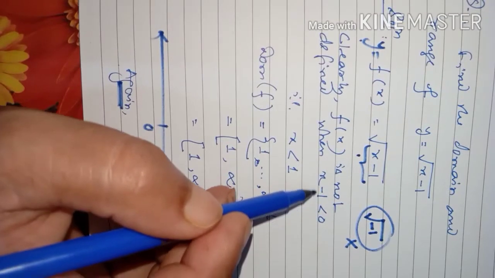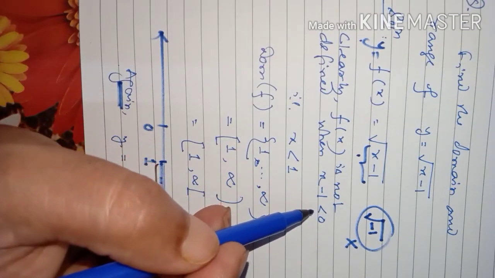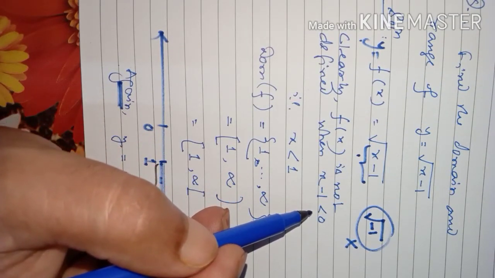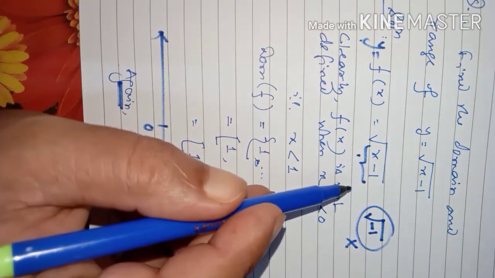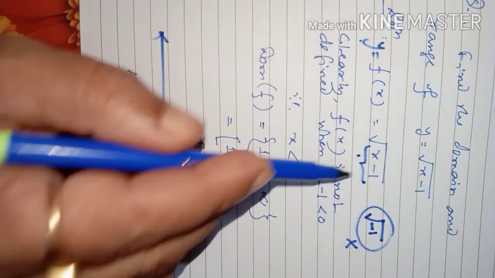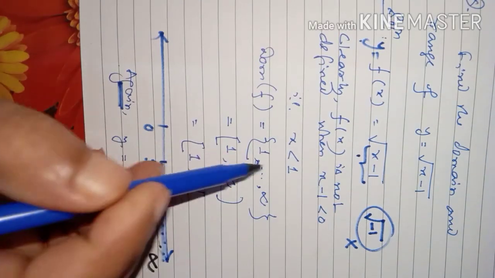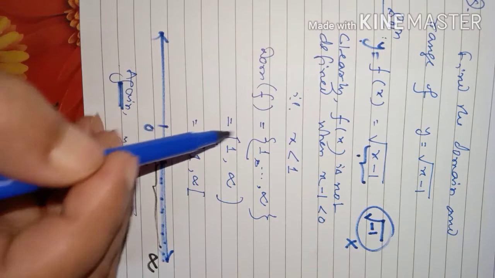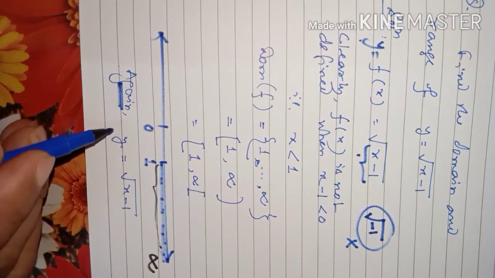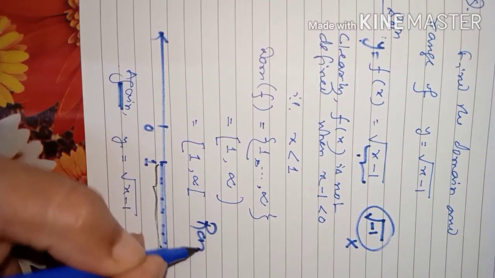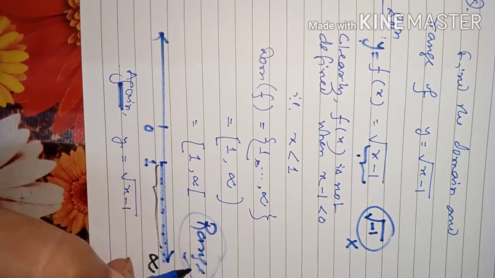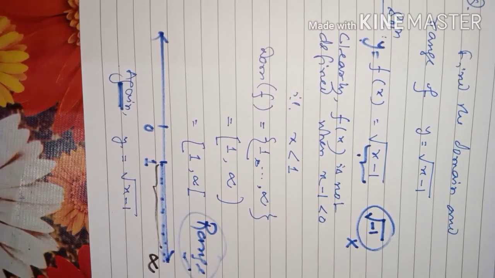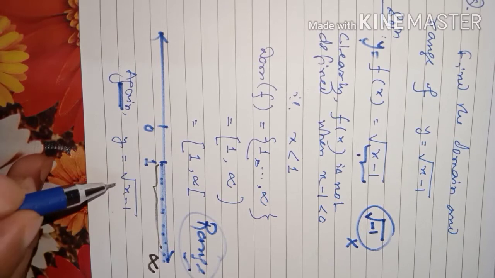You always have to say it should not be less than 0, because if it is less than 0, it means negative, and that type of number should not be there. Then you will automatically get what x should take. So that is about domain. Now when I say find the range, that is the question. For finding range, express x in terms of y.